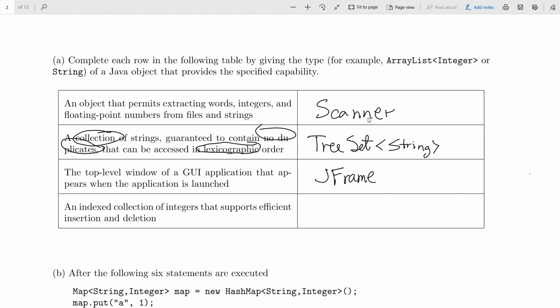But it says it supports efficient insertion and deletion. So how does that narrow it down? We've got 3 possibilities, and we say it supports efficient insertion and deletion. Yeah, a linked list. We saw this last time, that inserting into the middle or beginning of an array list is inefficient, and for an array it's really impossible because you can't grow the size of the array.